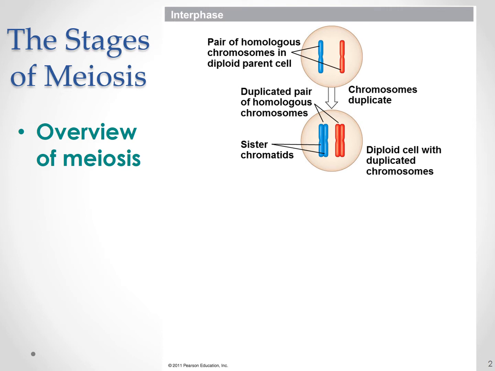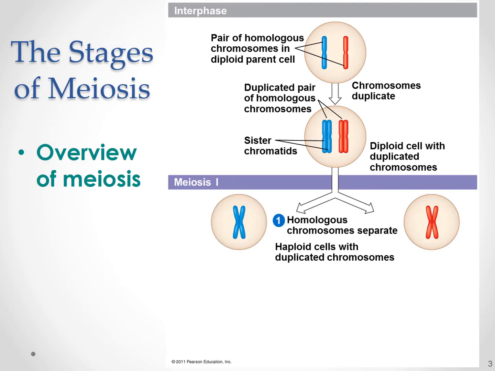Now, this is something that's similar between mitosis and meiosis. But after this, it starts getting very different. Now, there is one cell division of meiosis that's going to result in still haploid cells with the duplicated chromosomes. Now, this really isn't an accurate representation of what's actually happening here. Each of these cells are going to have both blue and red chromosomes, or should,